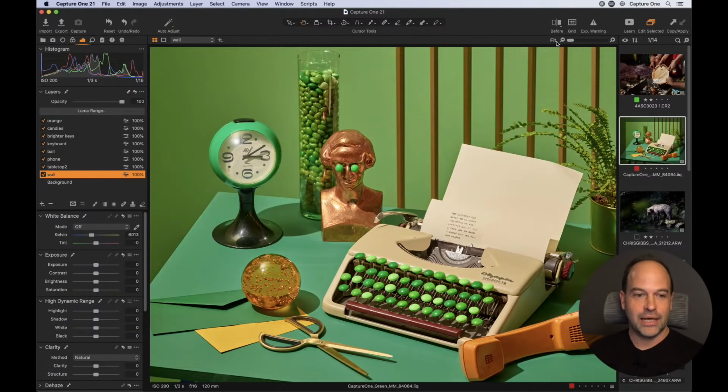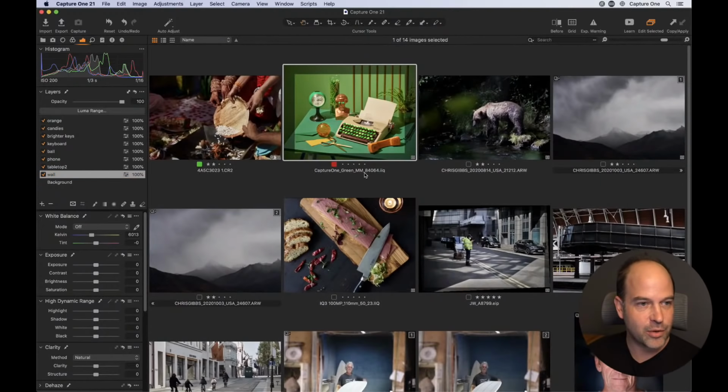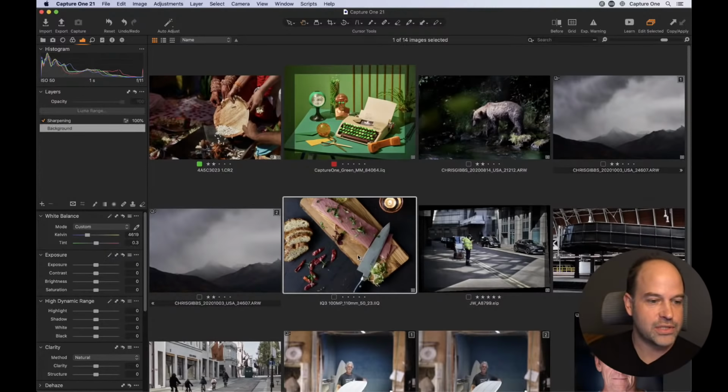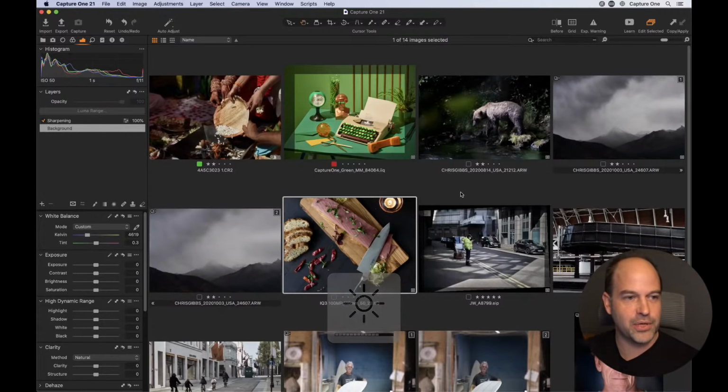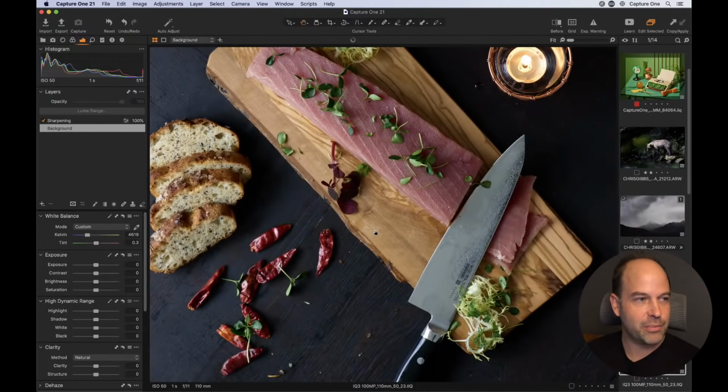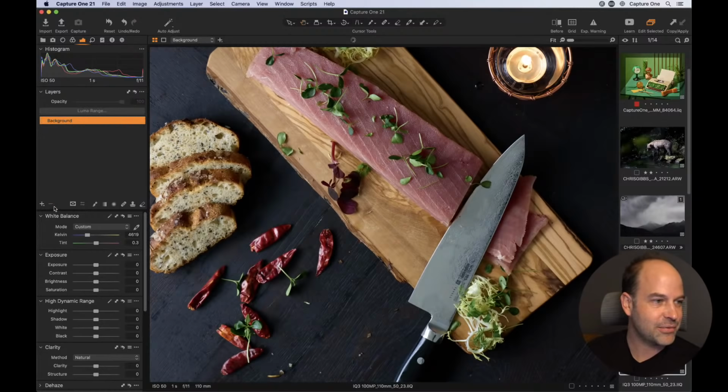Anyway, layers allow you to target the adjustment to a specific part of the shot. So let's go through some simple examples and build up as we go. All right, let's start off with something easy. Just going to turn up my screen brightness so I can see what I'm doing. So let's start with something easy which helps us think about drawing masks with a brush,